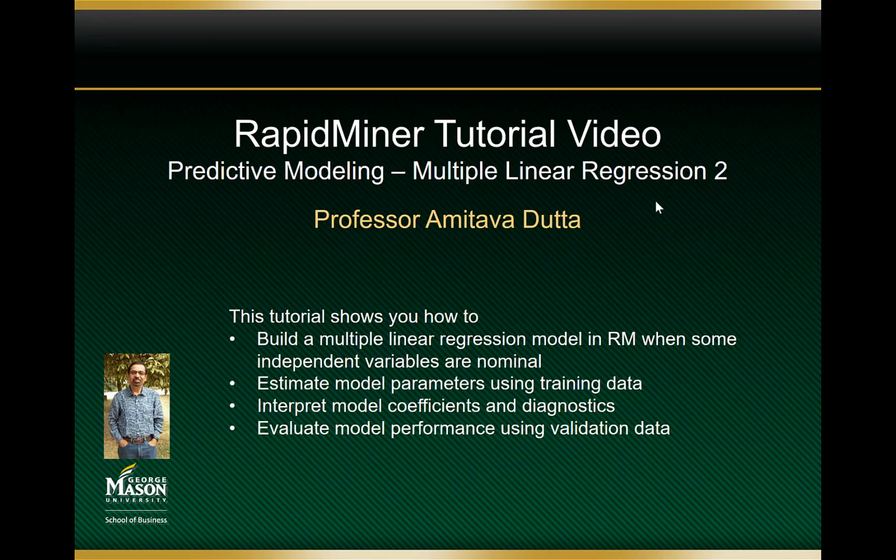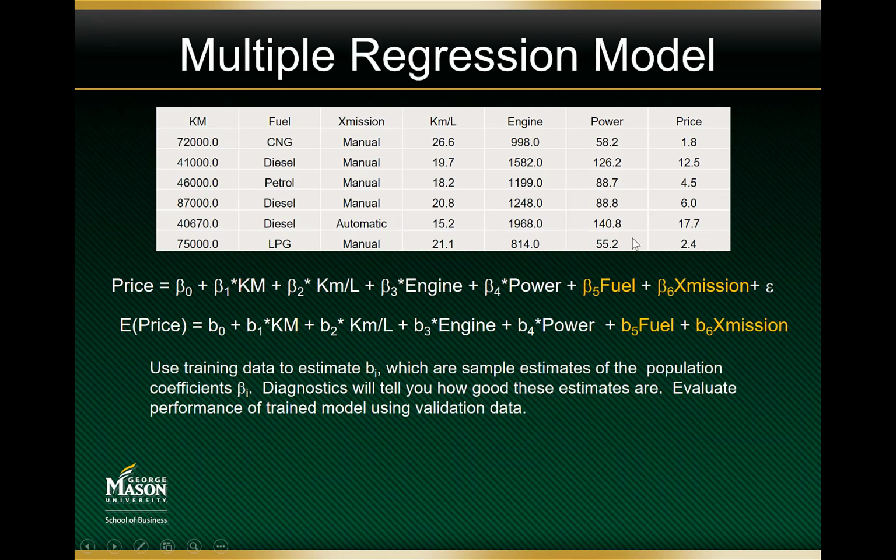metrics. So the data set that we are going to use for this model building exercise is a used car data set from India, and we have extracted 7 variables, 5 of which are quantitative: the mileage of the car in kilometers, efficiency in kilometers per liter, engine capacity in cubic centimeters, power in brake horsepower, and the price in local currency appropriately scaled. The 2 nominal or qualitative variables that we have also included amongst our independent variables are